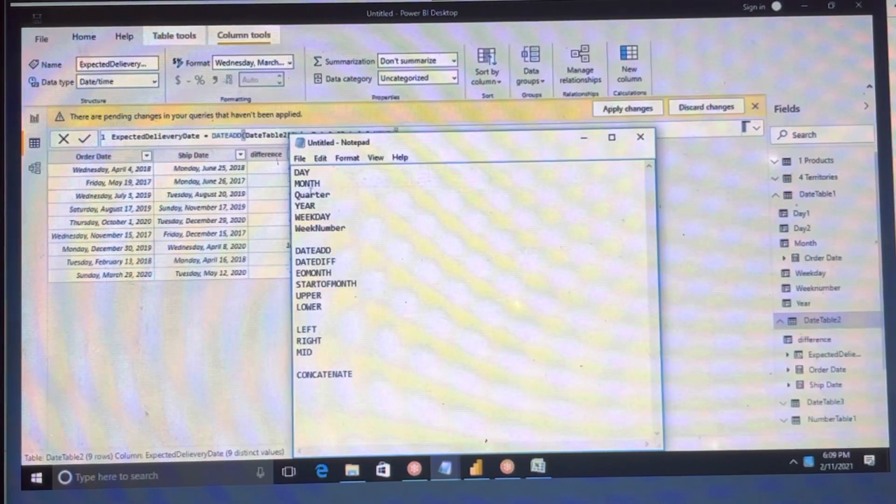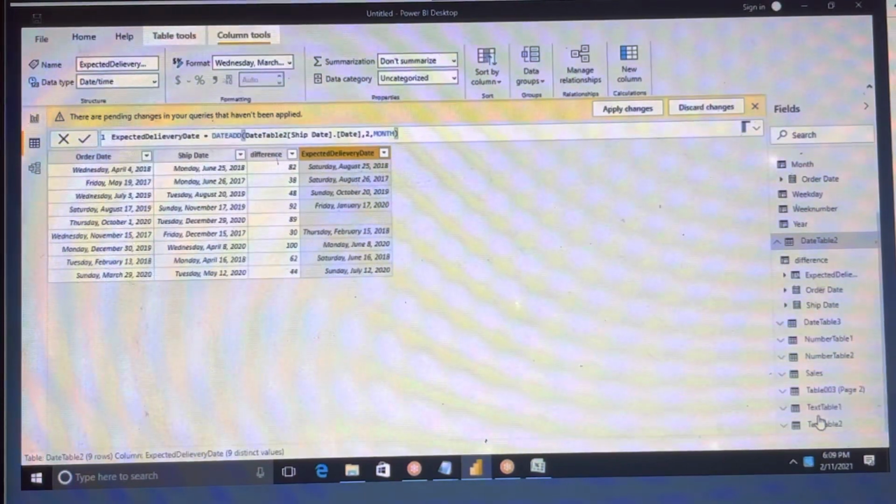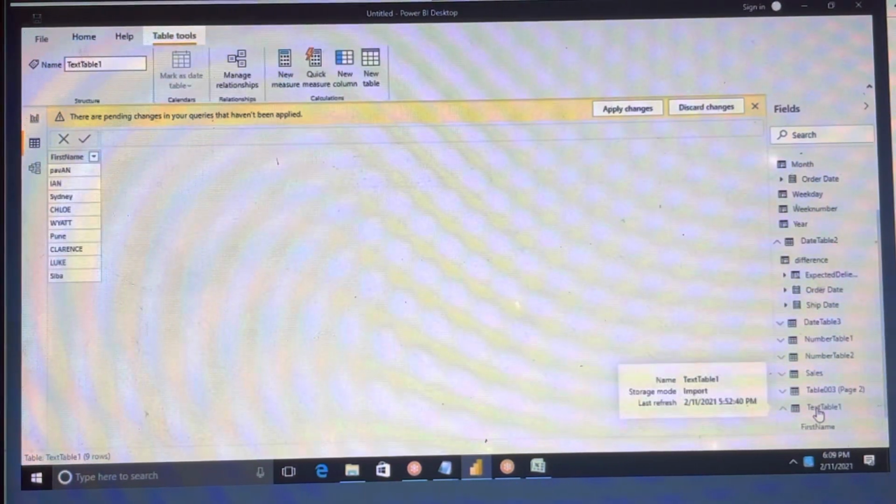However, we have seen the day, month, quarter, and all. Now you can see this left, right, and all. Now we have some text table. Let me show you that text table one.